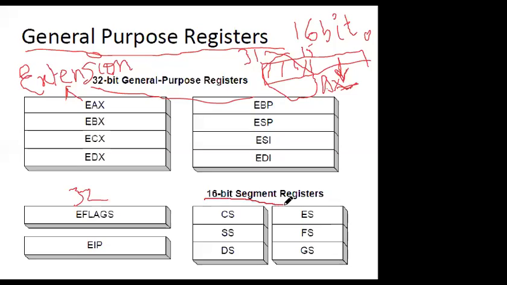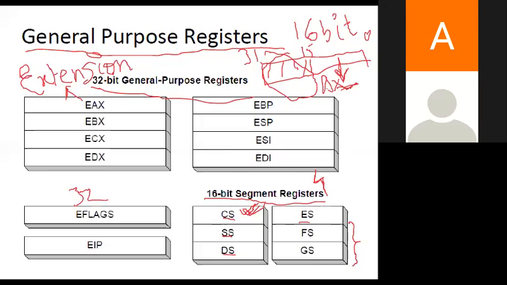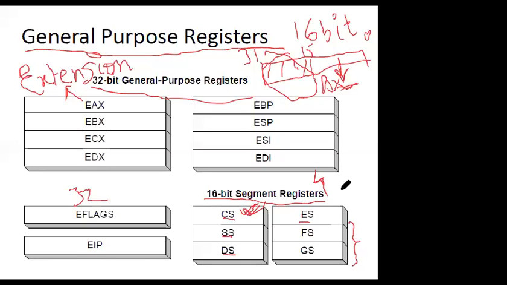Then we have 16-bit segment registers. 16-bit segment registers were also present in the 8086 microprocessor, but they were 4 in number. Now we have 6 16-bit segment registers. There is not very much change from 8086. We have the code segment register, stack segment register, data segment register, and extra segment register. Then 2 additional segment registers have been provided to store data. So 2 extra registers have been implemented, nothing else in this process.